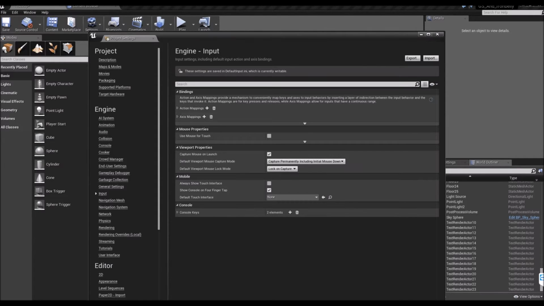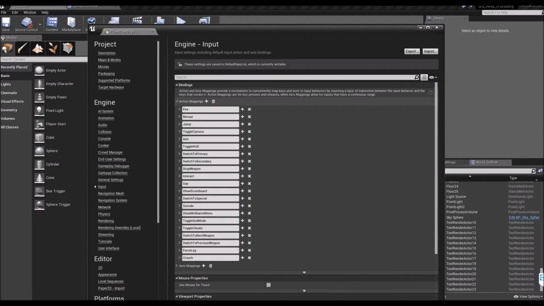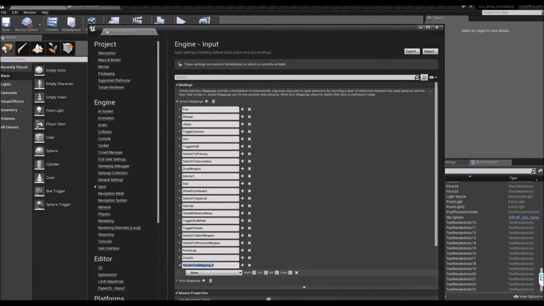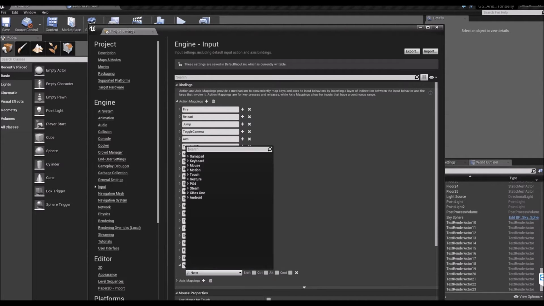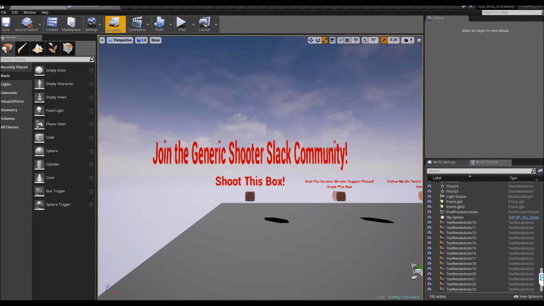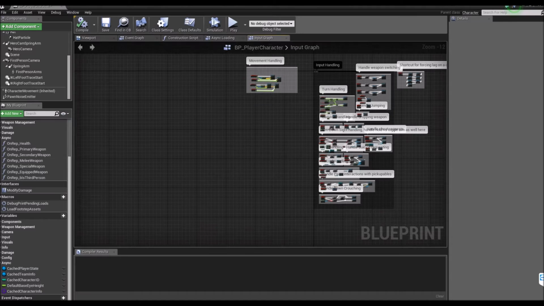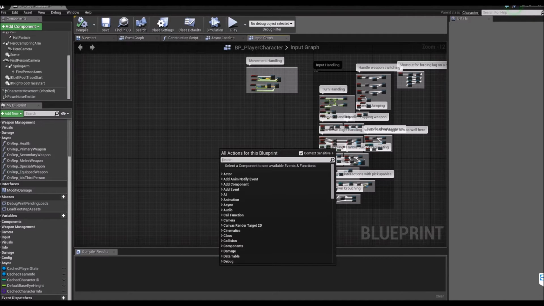Okay, and we're back. So, go to your project settings. You want to come down to input. Let's go to action settings and let's just add another one. Going to rename this to sprint. And we're going to set this to left shift. And once that's done, you can close that. Let's open back up our player character. And now we can input our sprint